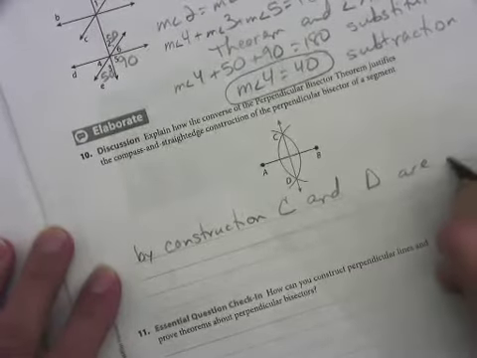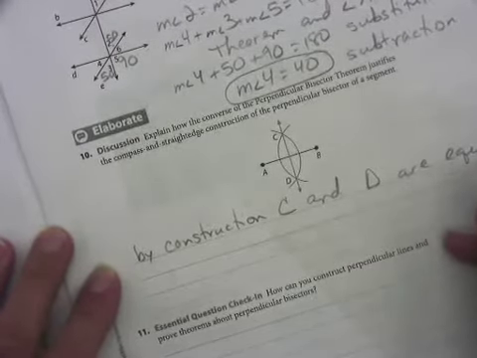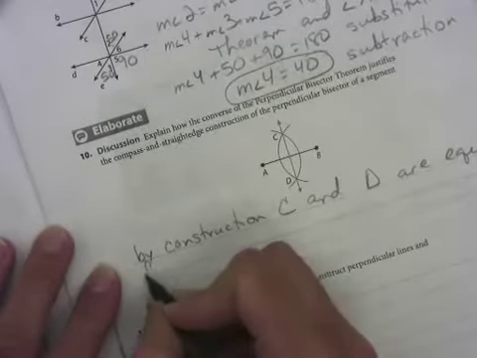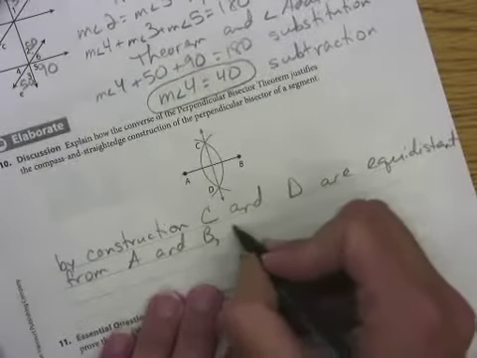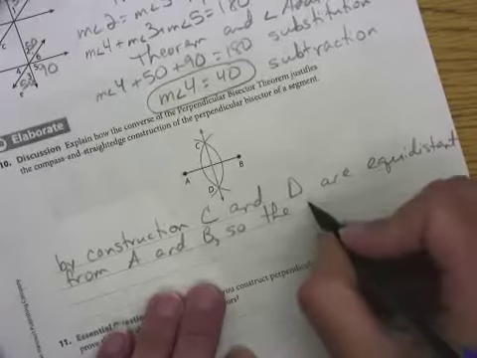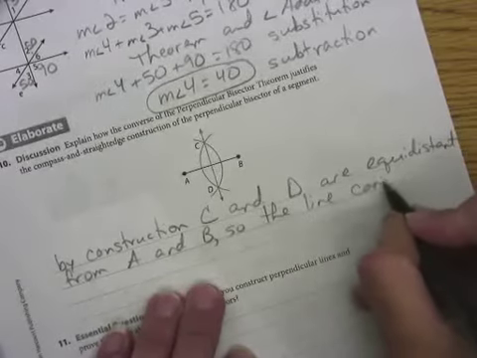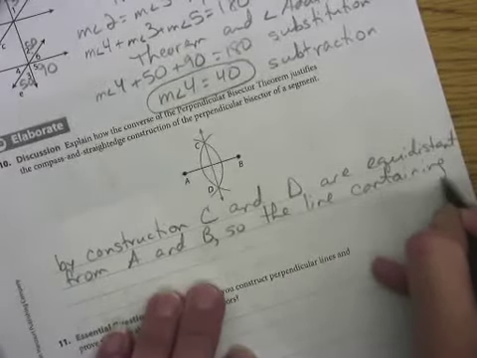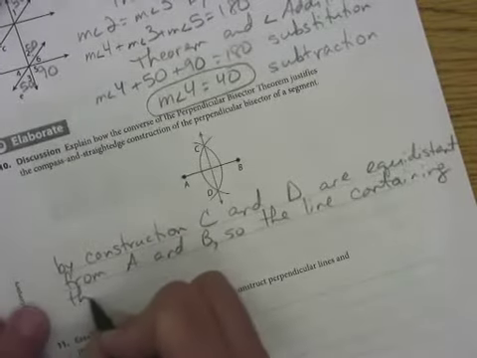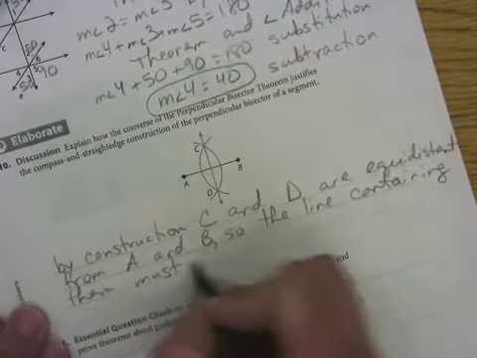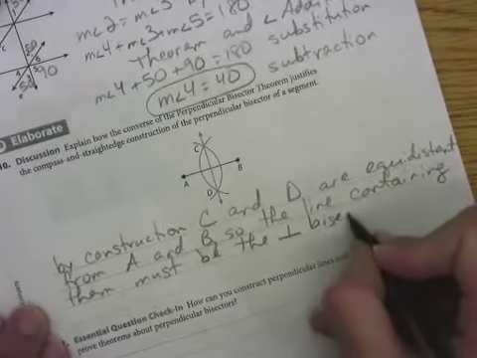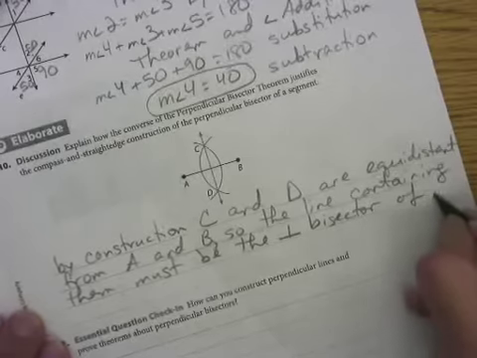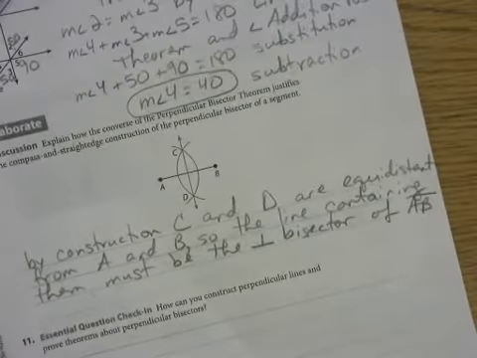So by construction, C and D are equidistant from A and B. So the line containing them must be